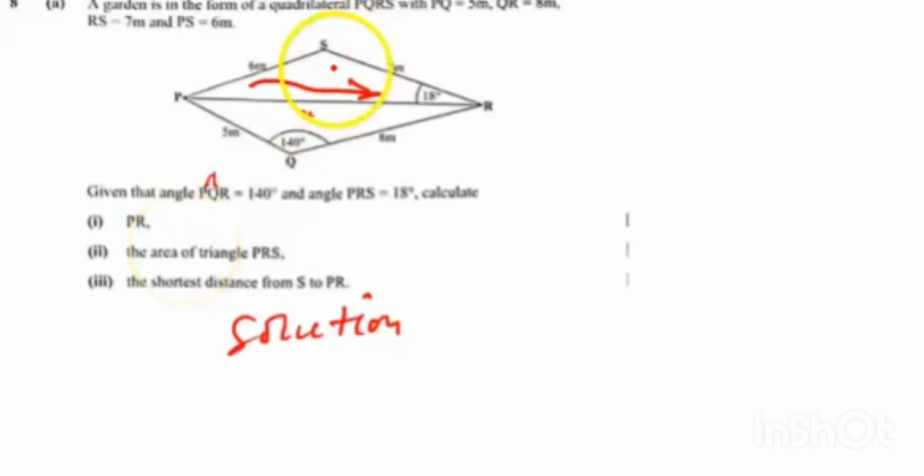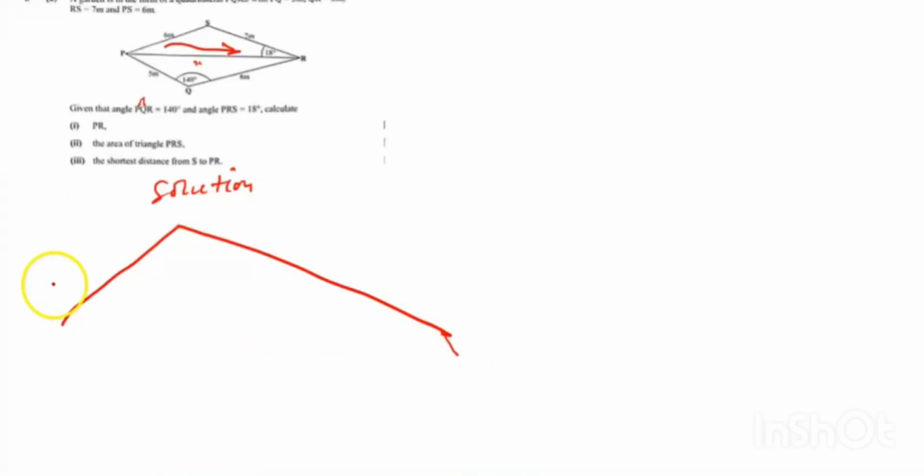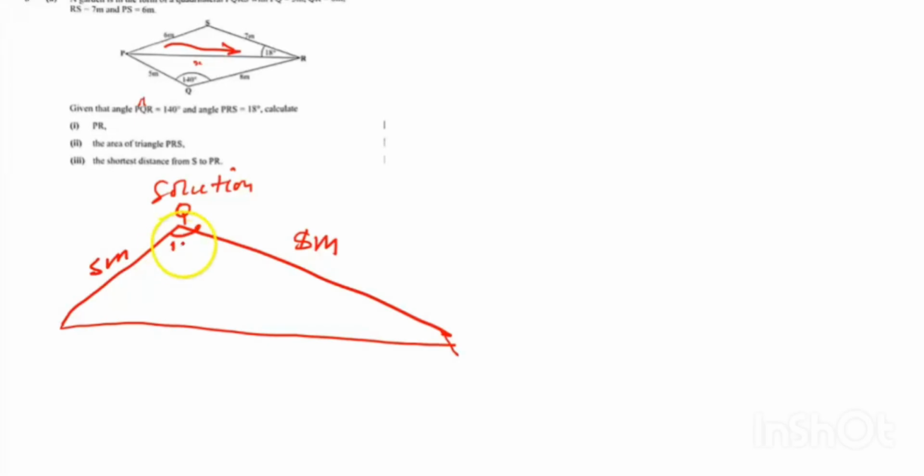So by cutting off this lower triangle here, don't mind my drawing, this is just a sketch which will show you how we can find the length of PR. So here we have 8 meter, here we have 5 meter, at Q we have angle 140 degrees, here we have P. We have to find the length of PR, in which,